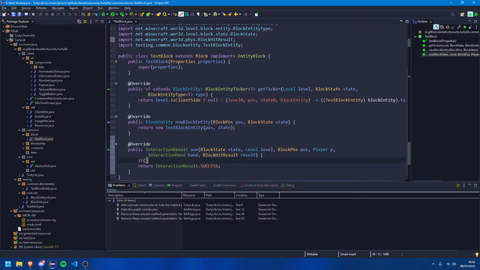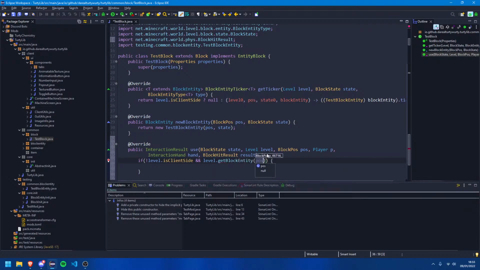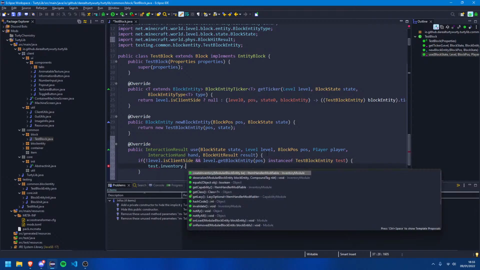Return success if level dot is not client side. Then let's get the block entity and level dot get block entity, pause is instance of test block entity, test dot inventory dot